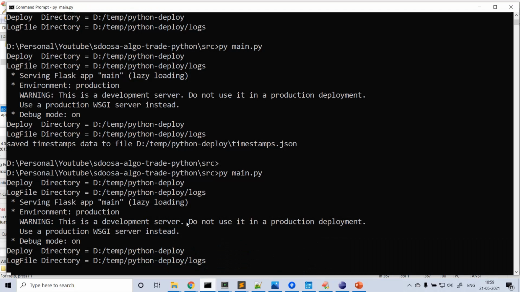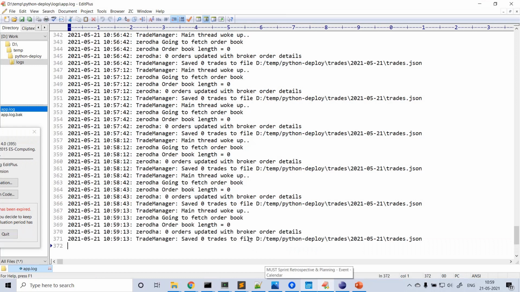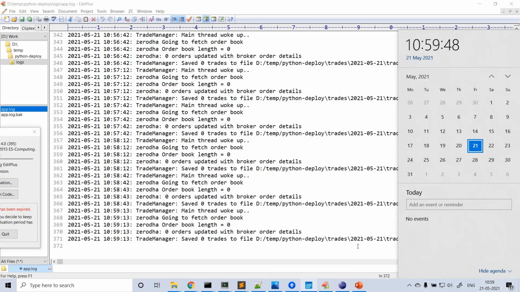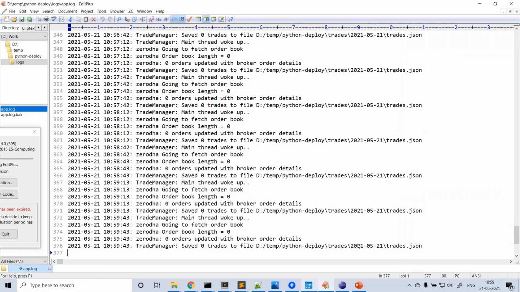Meanwhile, you can check everything is healthy here, and there are no errors or exceptions thrown. So the algo is running fine without any issue, and the logs are getting printed properly as expected. Let's keep on refreshing it.